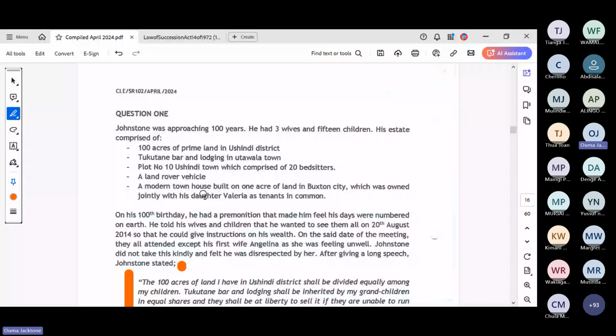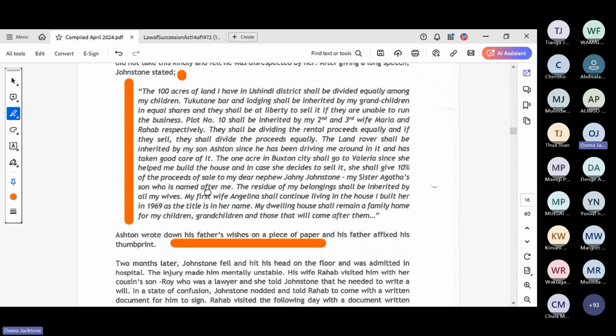Now, we have a modern townhouse built on a 1 acre land in Buxton City, which was owned jointly with his daughter Valeria as tenants in common. Now, from this point, I've noted it down there. The 1 acre in Buxton City shall go to Valeria, since she helped me build the house, and in case she decides to sell it,